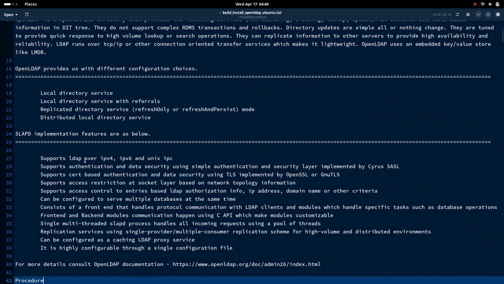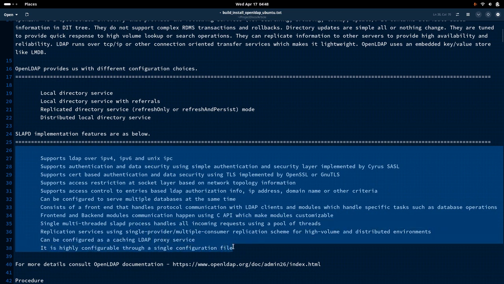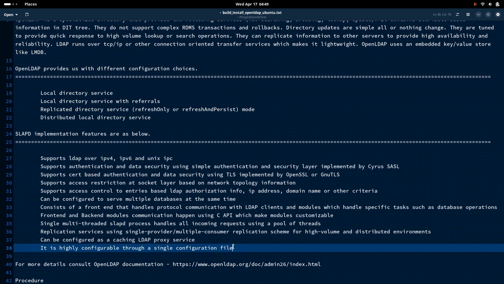And coming to SLAP-D implementation. OpenLDAP basically has SLAP-D, which is an implementation of the LDAP service. So the features of SLAP-D are as below. If we get into the details, it supports LDAP over IPv4 and IPv6 and Unix IPC